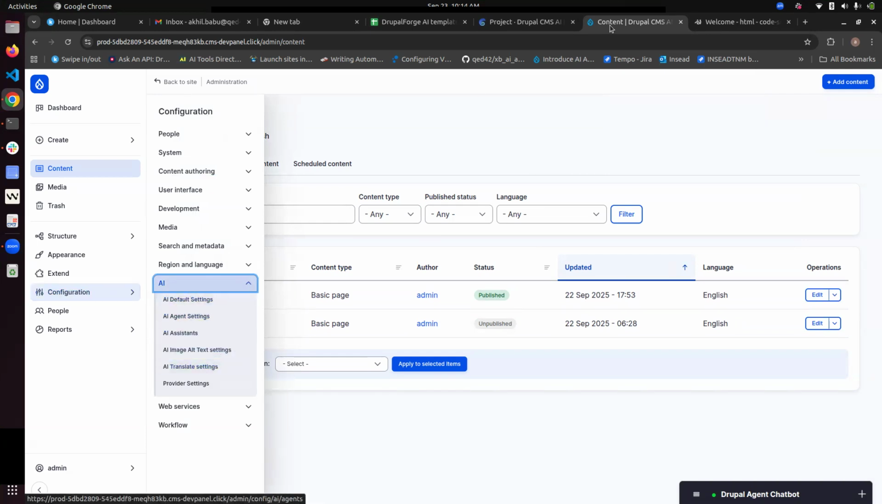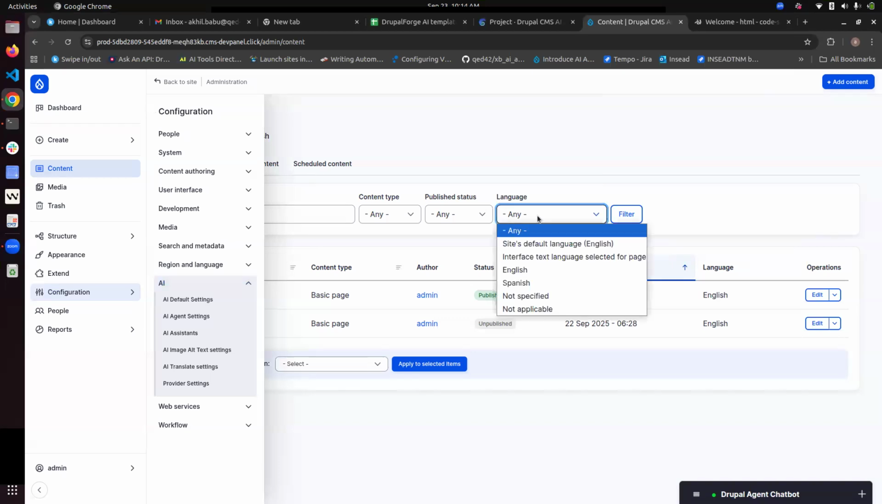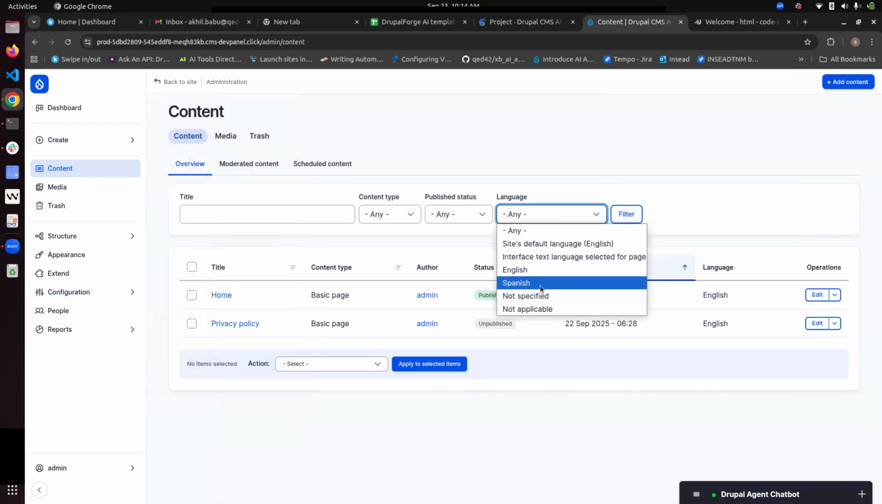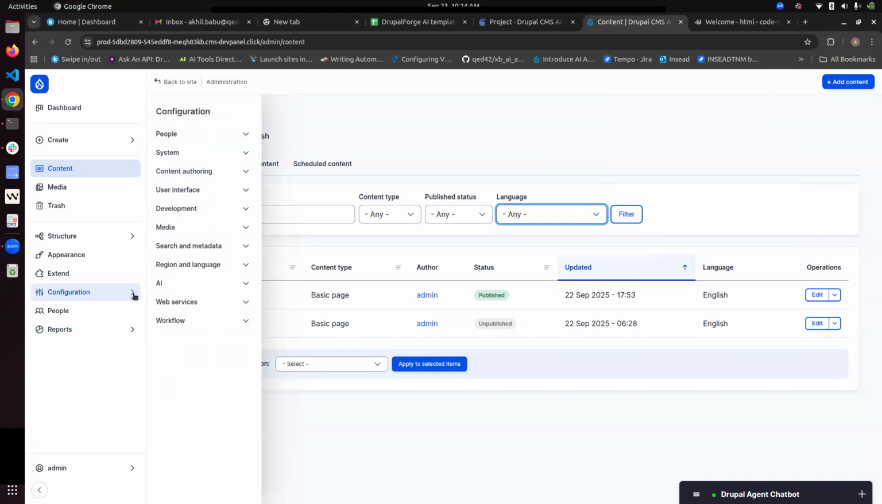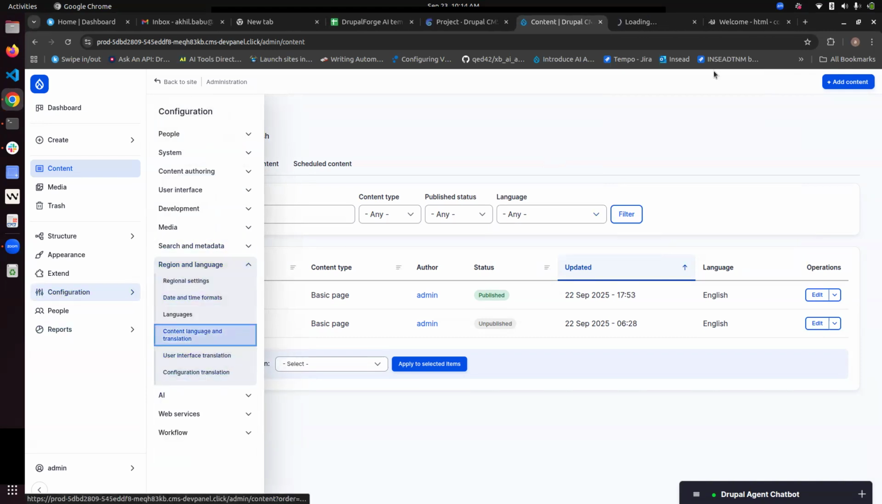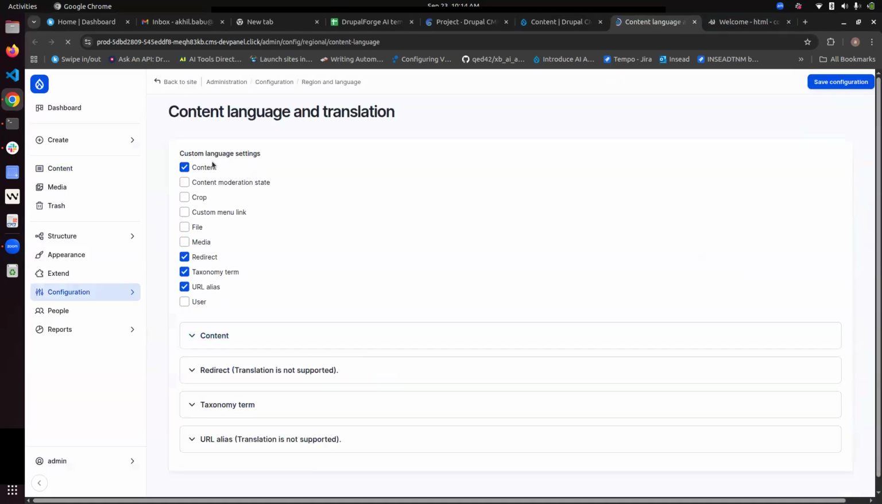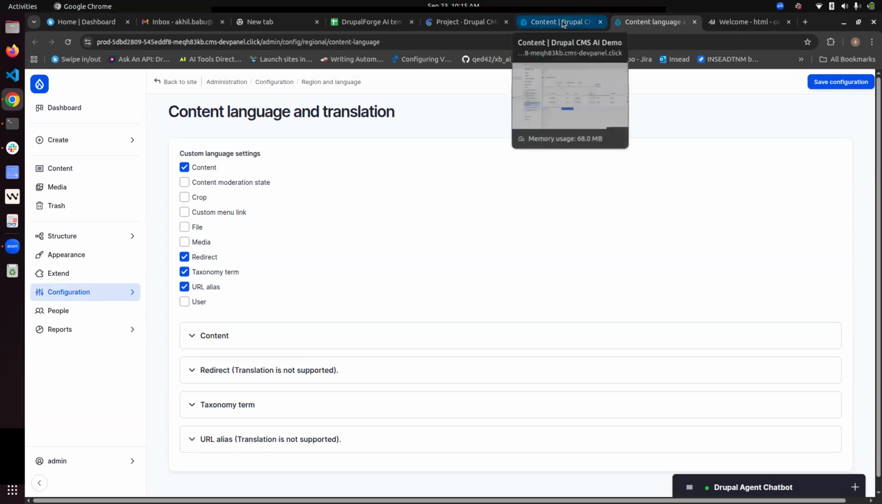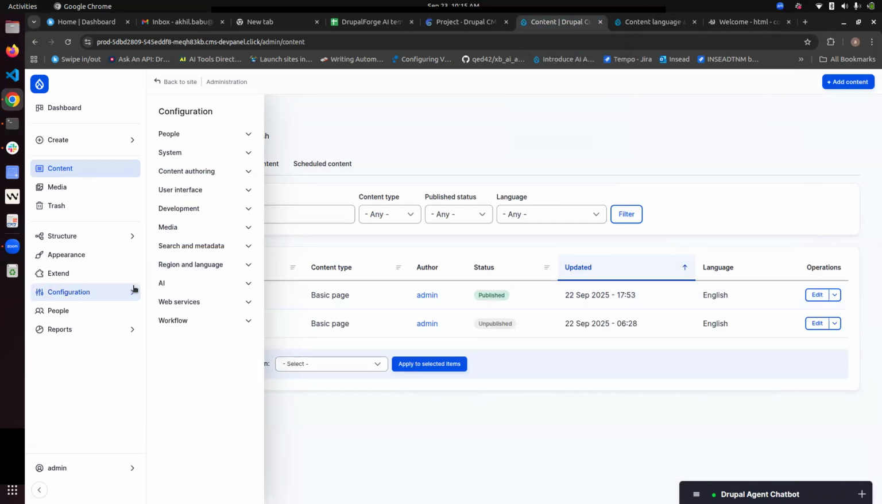settings. I have enabled two languages in this instance, English and Spanish, and the content is marked as translatable from here. From Content, Language, and Translation settings, I have marked both content and taxonomy terms as translatable. And now,